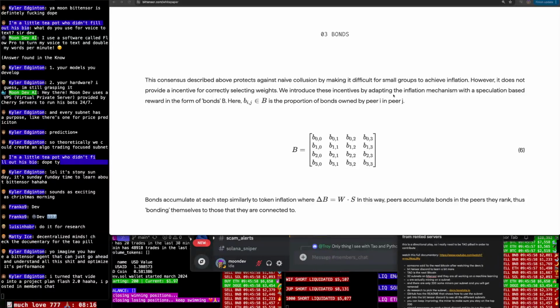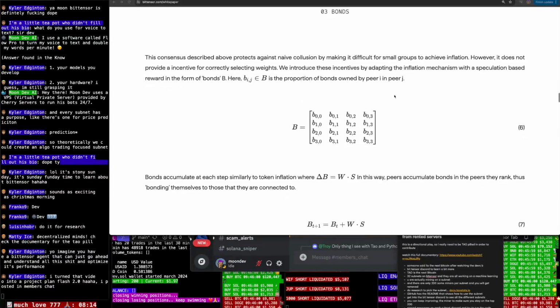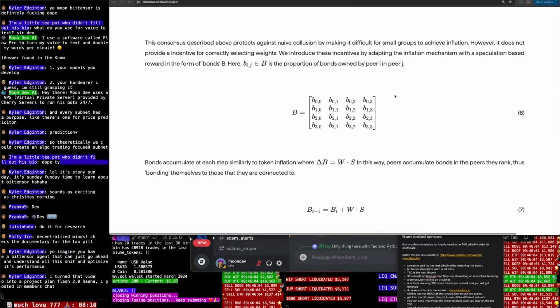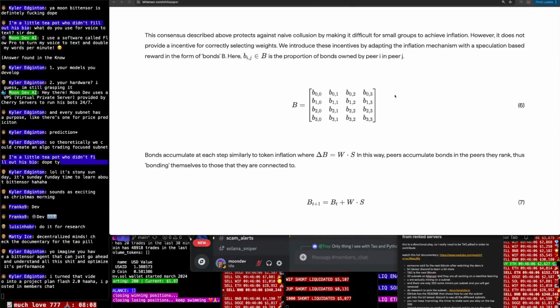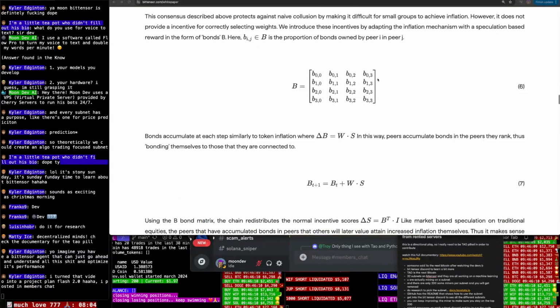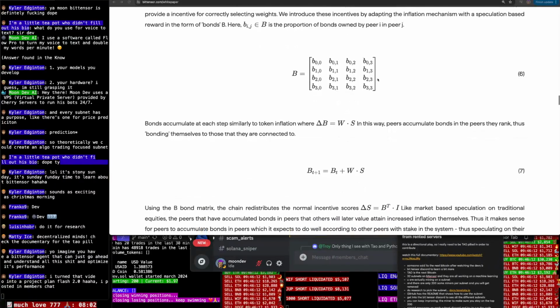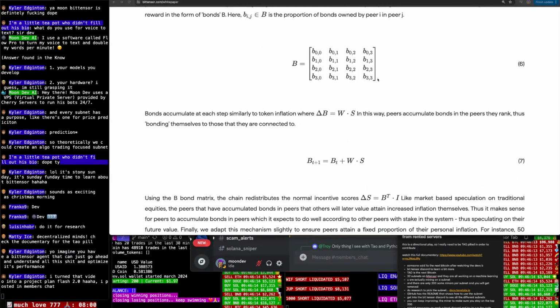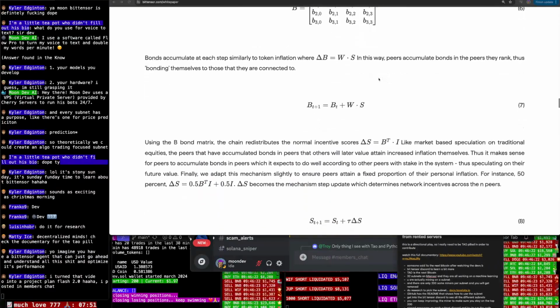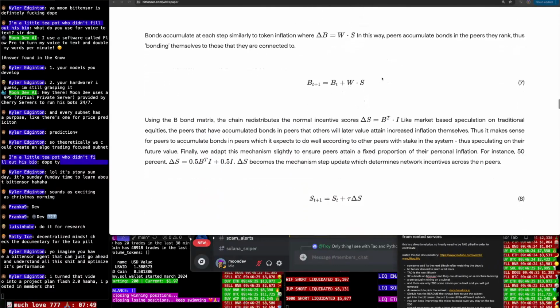selecting weights. We introduce these incentives by adapting the inflation mechanisms with a speculation-based reward in the form of bonds B. Here, B is proportional to the bonds owned by a peer. Bonds accumulate at each step, similarly to token inflation, where B equals W. In this way, peers accumulate bonds in the peers they rank, thus bonding themselves to those that they are